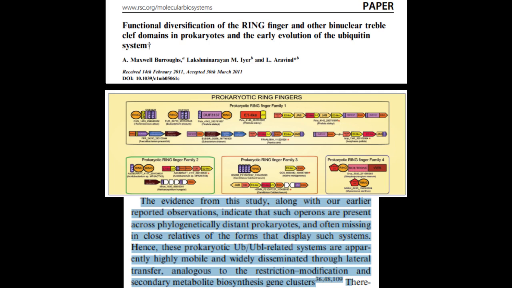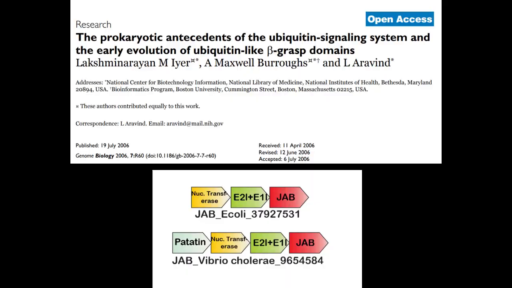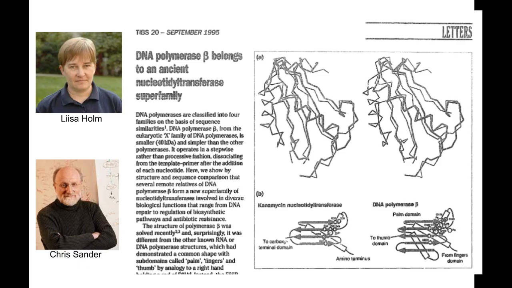predicted, were some kind of analog to the restriction modification or CRISPR-Cas systems in being mobile entities involved in some form of biological conflict. The second lesson, which took us a while to unravel, was that these ubiquitin systems may be connected to certain enzymes which are generating nucleotides, signaling nucleotides, which are related to the DNA polymerase beta superfamily, which is a large superfamily of